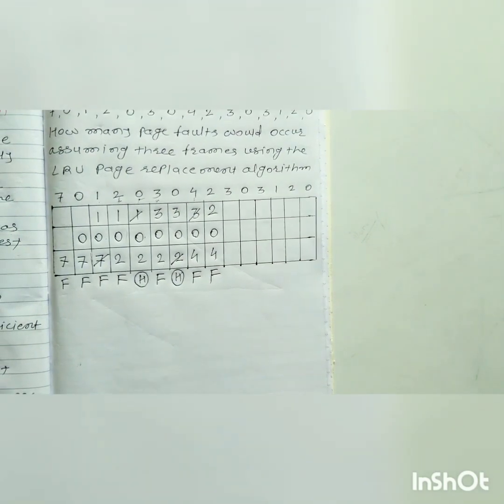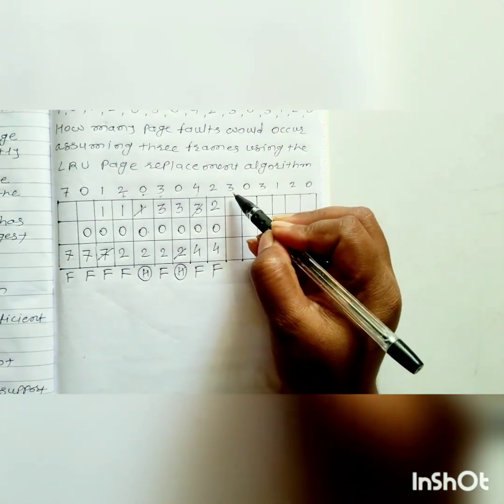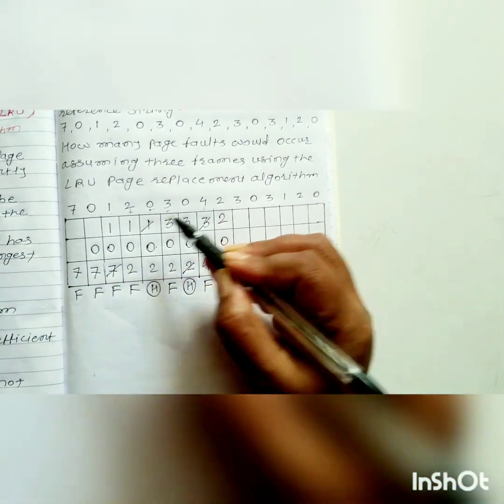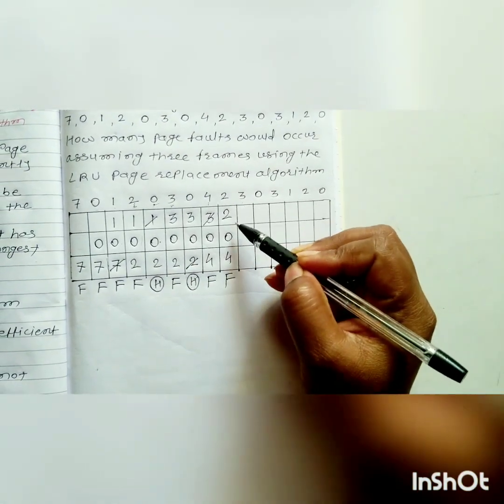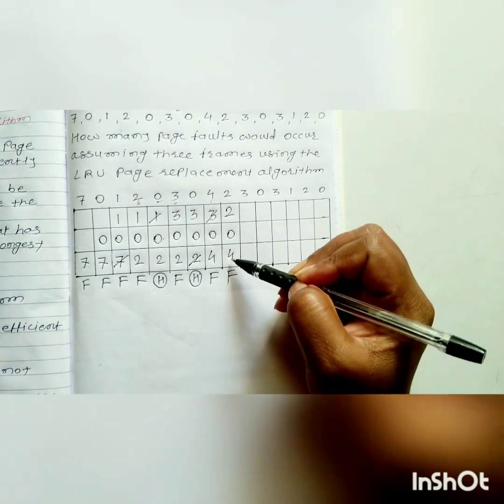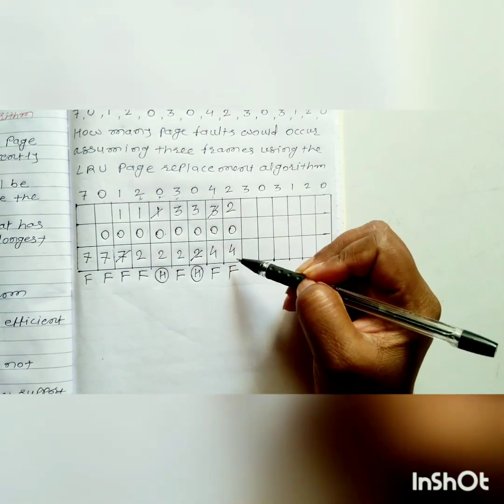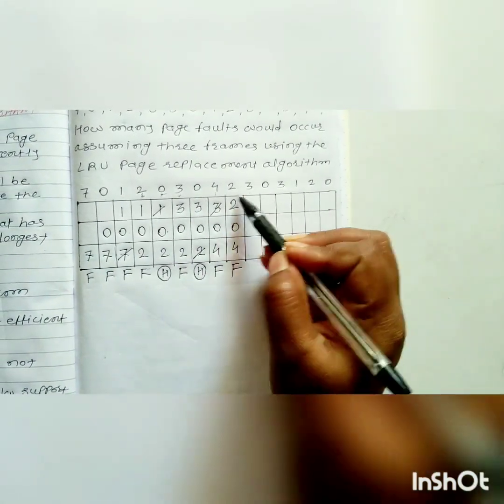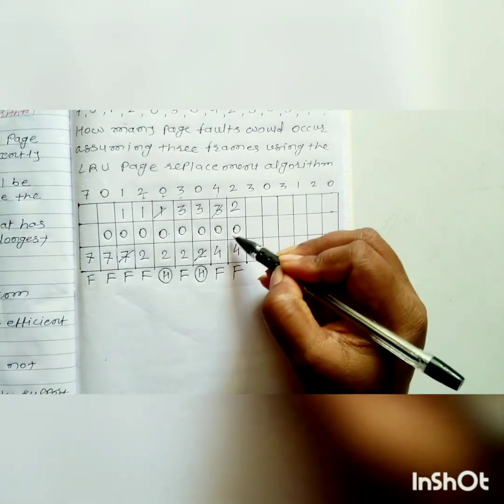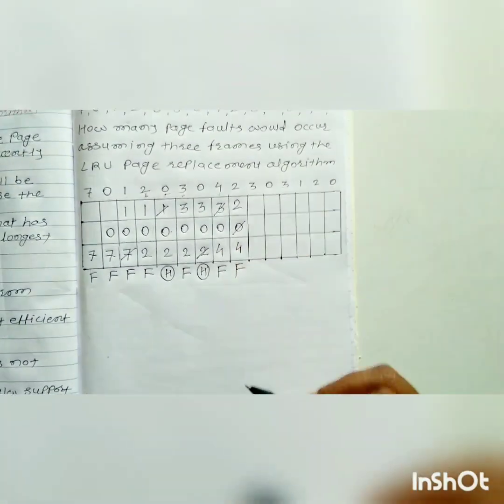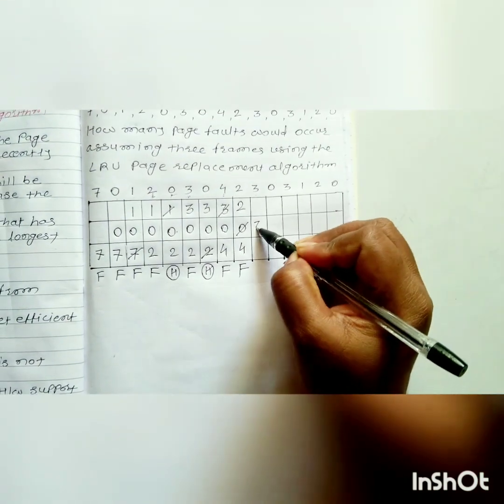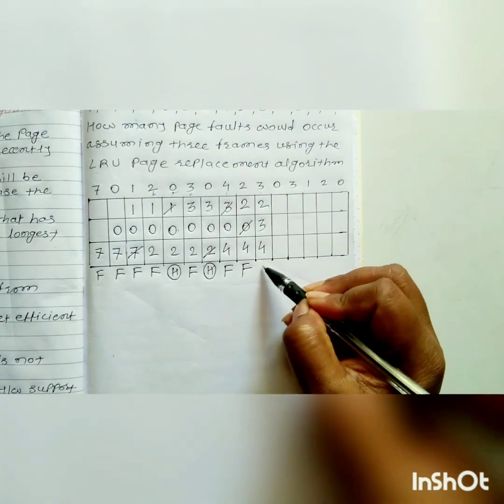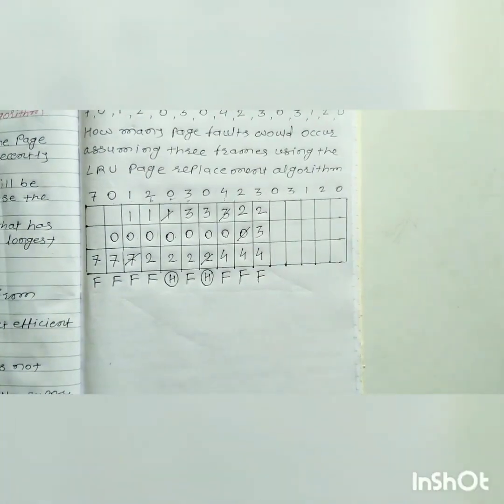So this is what? Page fault. Now the next page you want to insert is 3. So to insert this, again I will check the left hand side of this 3. So from that I will check these 3 pages, that is 2, 0, 4. Out of this, which one is the least recently used? 0. So simply what I will do? Replace this 0 by 3, and remaining pages you have to write down as it is. This is what? Page fault.